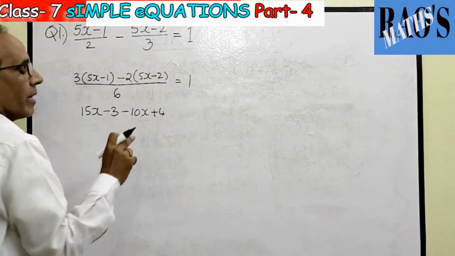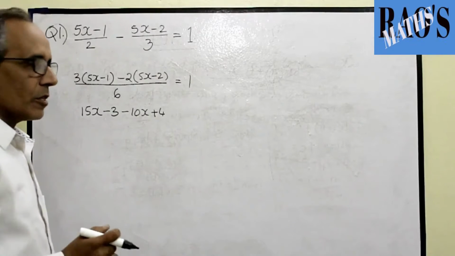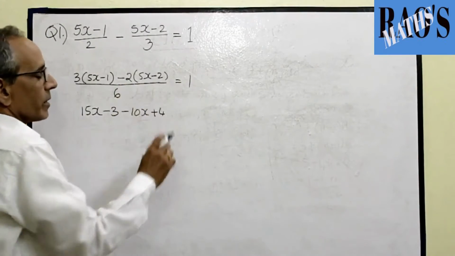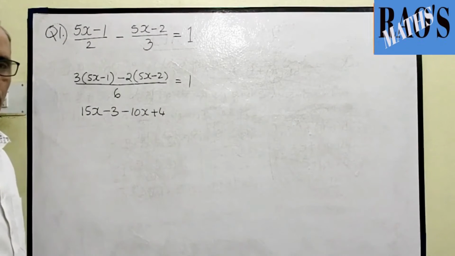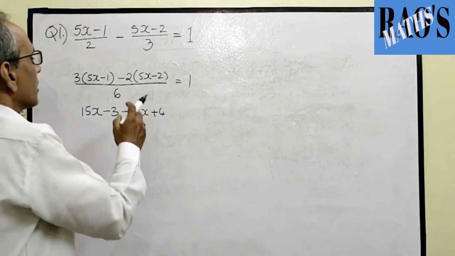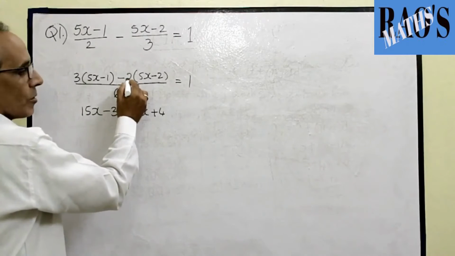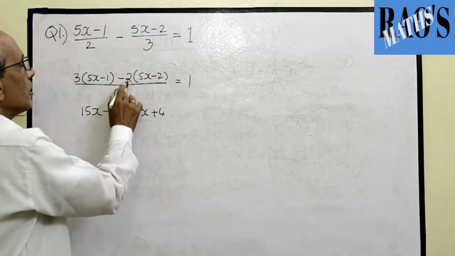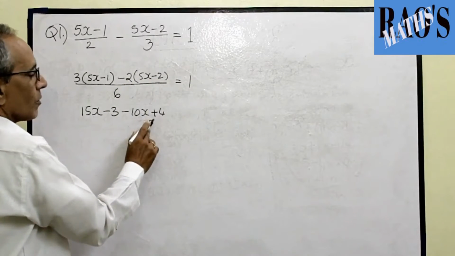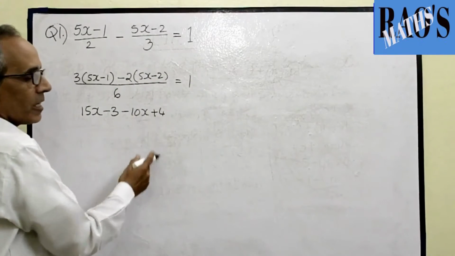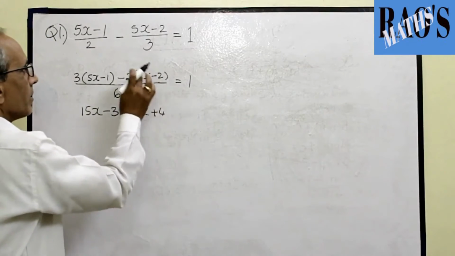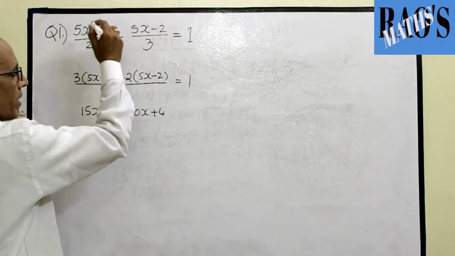This is the common error zone. Most of the students multiply 2 into the binomial, but we have to consider the negative also belongs to the digit 2. So multiply by minus 2. If you take only 2, 2 into minus 2 gives minus 4. You will get minus 4 here. It leads to the wrong answer finally. So be careful at this area in multiplying when the two fractions are separated by minus sign.